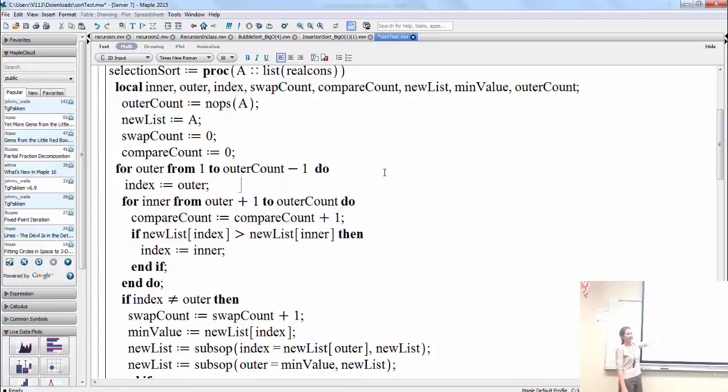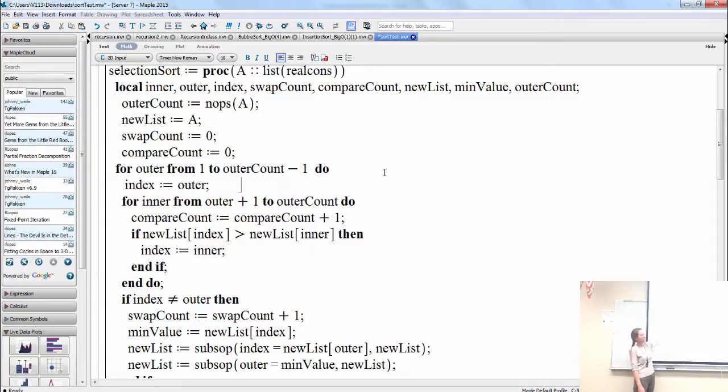Much more efficient. Why is that much more efficient? Because they took the swap out of the inner for loop. So notice this is the same exact algorithm as bubble sort. The only thing they did different was they took the swap out of the inner for loop. Okay? So the for loops still iterate the same amount of comparisons, but if we take the swap out of the inner for loop and it's in the outer for loop, how many swaps do we have if it's just in the outer for loop?